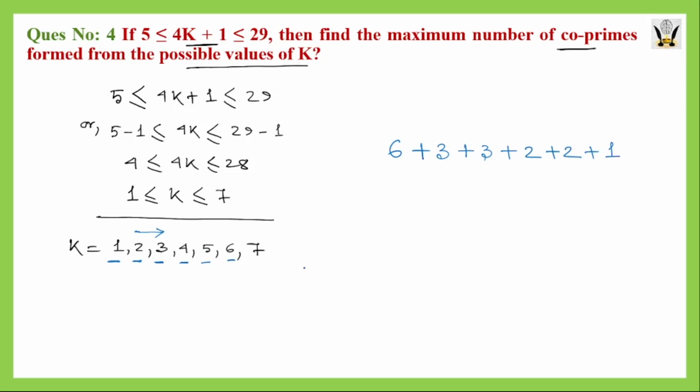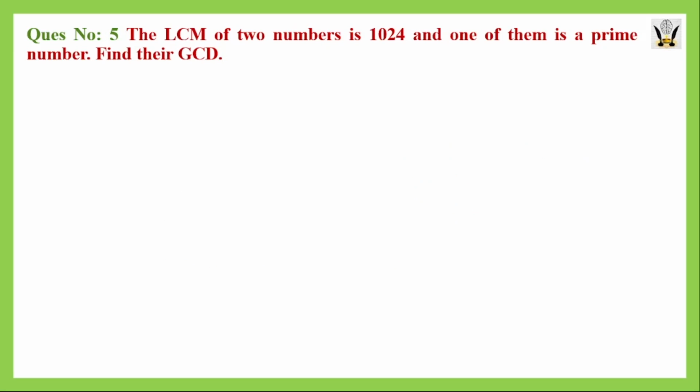possibility is only 1. And for 7, since we have already considered all the cases for all other values that are before 7, so for 7 there is no more number left that can be formed with 7. That means the maximum number of co-primes that we can form from all these possible values of k is 17. The next one and last one says that the LCM of two numbers is 1024 and one of